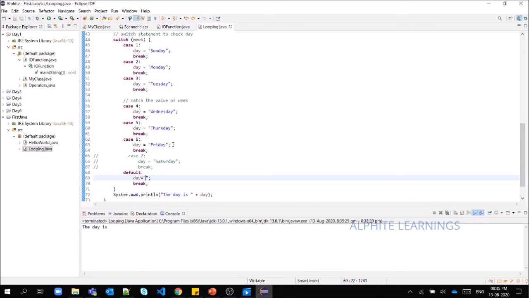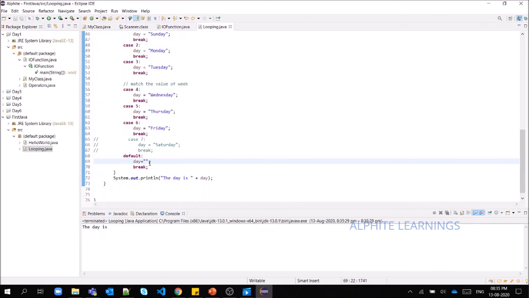If any other value than 1 to 6 comes, this default case will get executed. In the default case, we are not assigning any value to the day. So that is why when we are concatenating this variable, we are not getting any value.